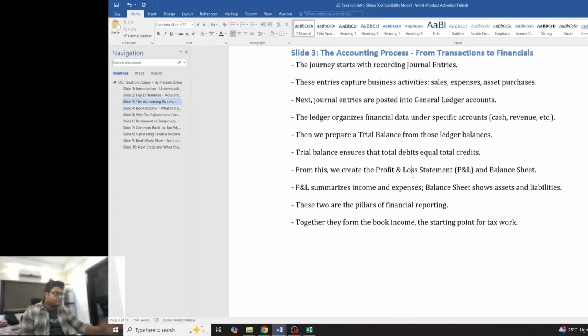Now, understanding how to avoid mistakes in book to tax income. Coming to the third slide. Now that we come to the taxation part, taxation starts not at the PBC level, but it starts with the accounting level. So if you understand accounting, then only will you be able to understand how the taxation will be treated. In order to understand the entire accounting cycle, there will be certain transactions that might occur during the course of the business. During the course of the business, you will be vouching the transactions.